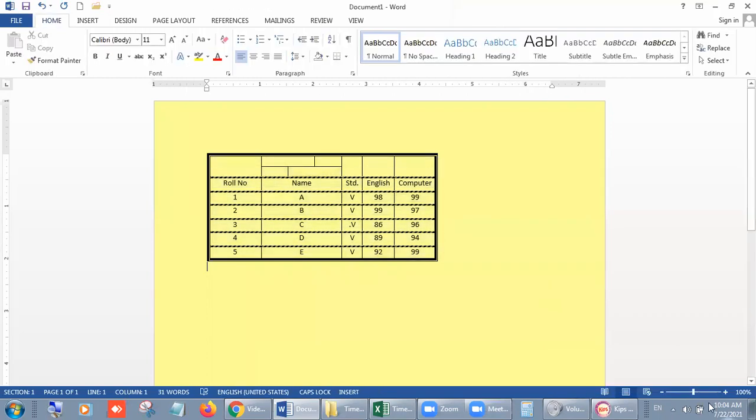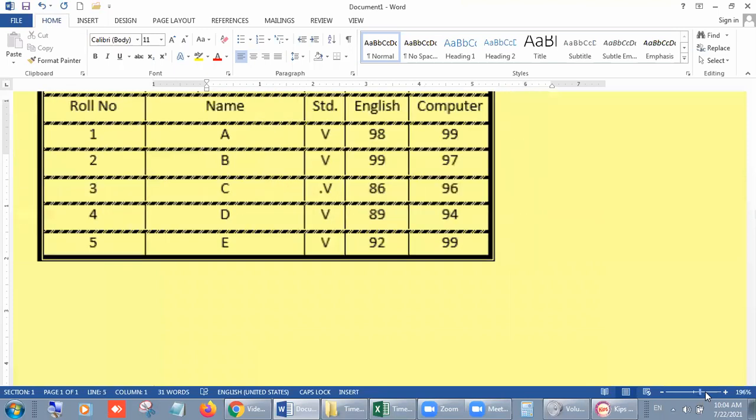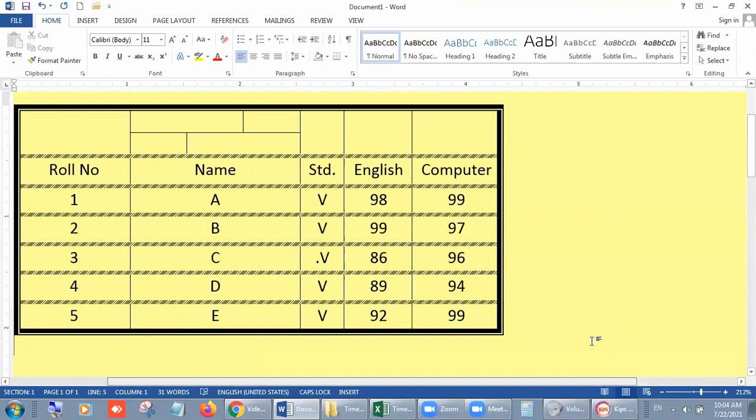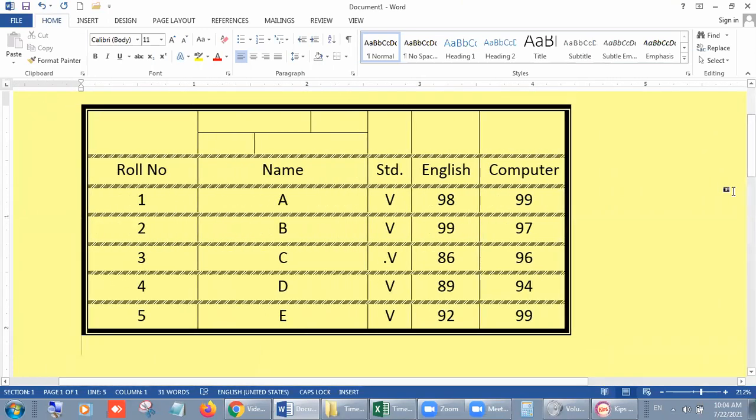Now I can show you the change which I made. Look students, it looks beautiful after applying the commands of border and shading, right?